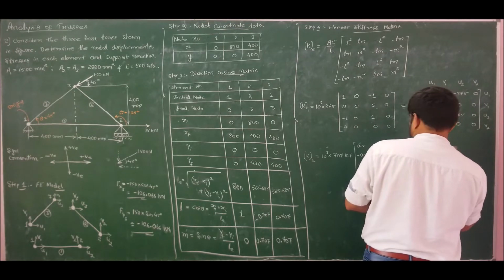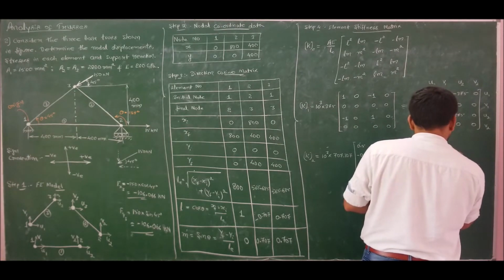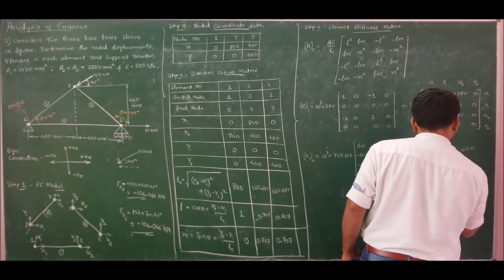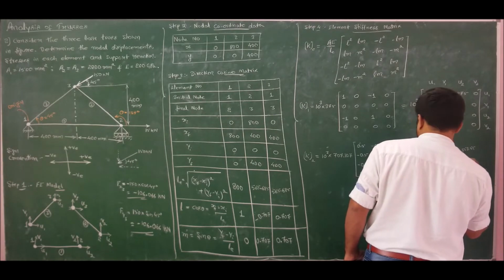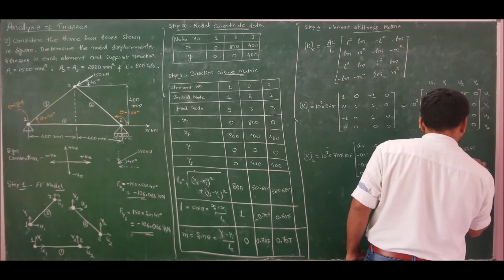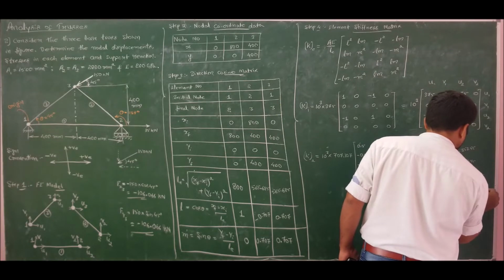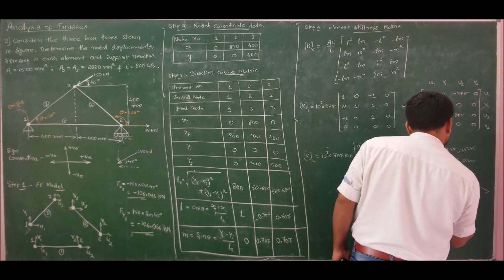So you get the answer as 353.55, minus 353.55, minus 353.55, plus 353.55. This will come here, and multiplying by the negative sign, I will get